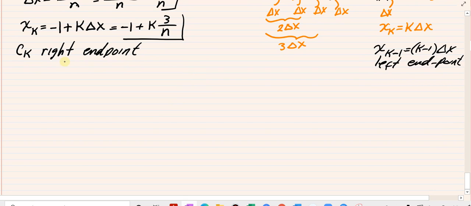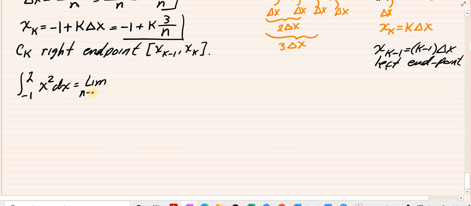Okay, so c sub k is going to be the right endpoint, inside the interval x sub k minus 1 to x sub k. This means for any subinterval, the evaluation point would be the right endpoint. Therefore the definite integral from -1 to 2 of x squared dx is going to equal the limit as n goes to infinity of the sum k goes from 1 to n of f at c sub k delta